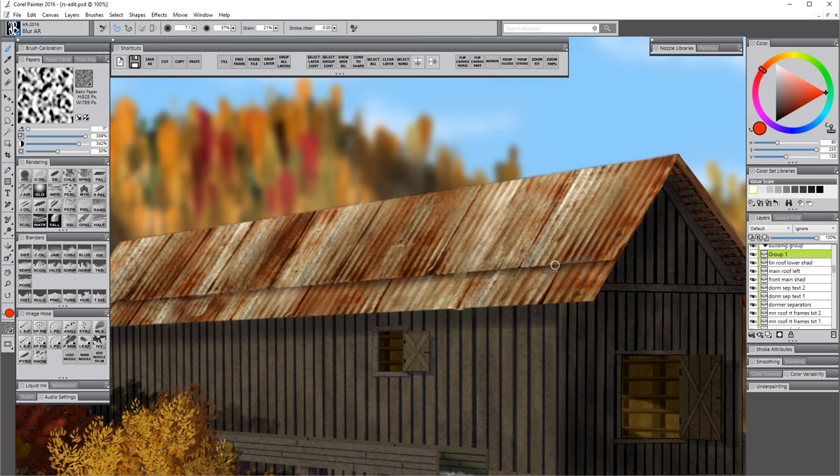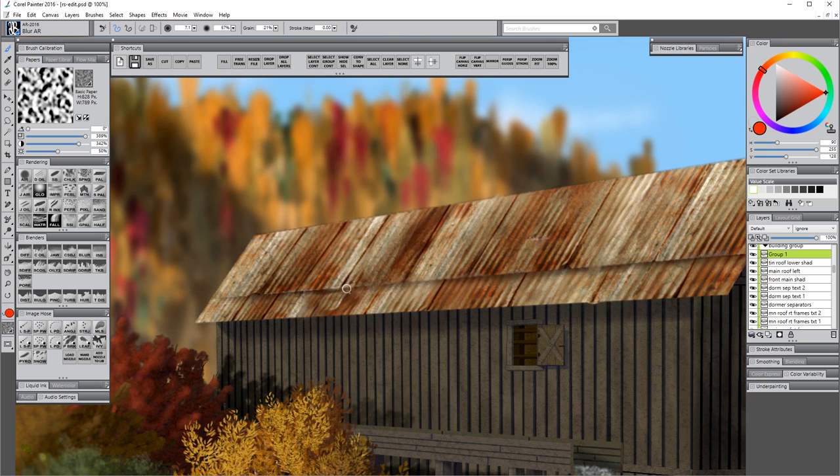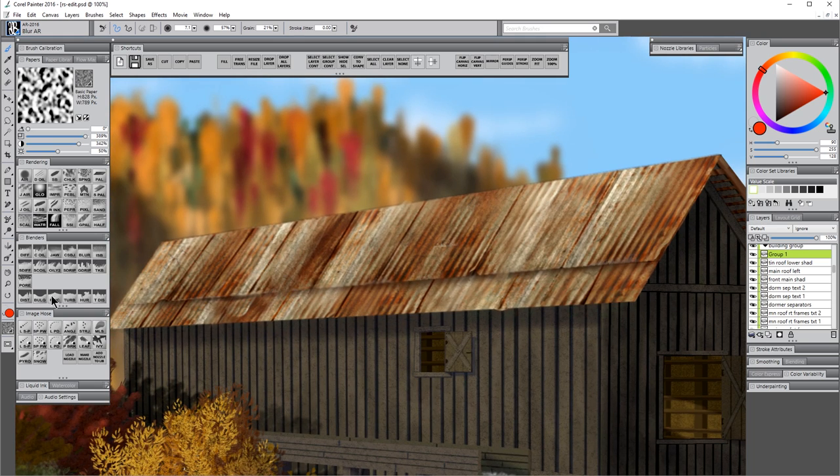We could do it here on this line too to soften it a bit. But because your image is made of pixels, which are little squares, that's why you get these little jagged edges when you make diagonal lines. I think that looks pretty good, and then I might beat up those edges a little bit using Distorto,